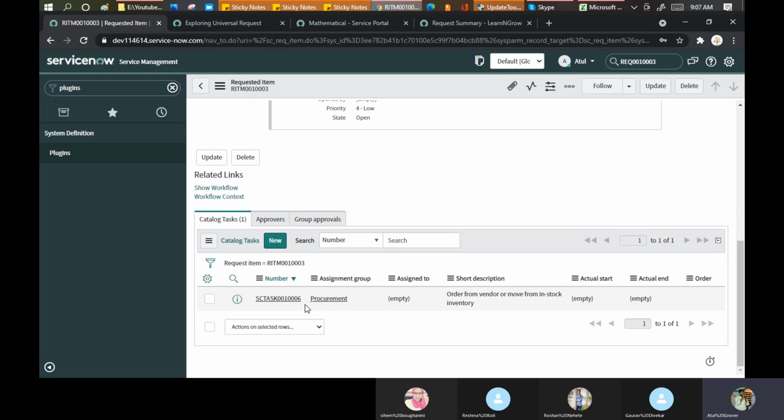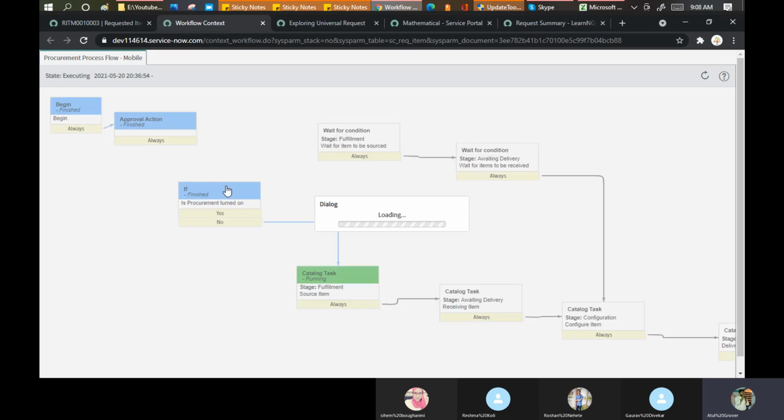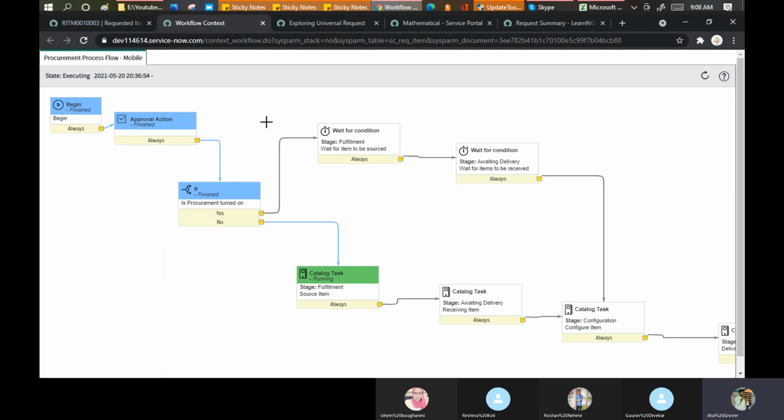The second important point for you guys: being a developer, being a fulfiller, you can see how the workflow has been working. You can just click on the show workflow here. This will tell you the current steps going on, or what steps you have already completed in the workflow. So today we are introducing a concept called the workflow. Workflow is a module available in ServiceNow in which I will define how my request will be working.